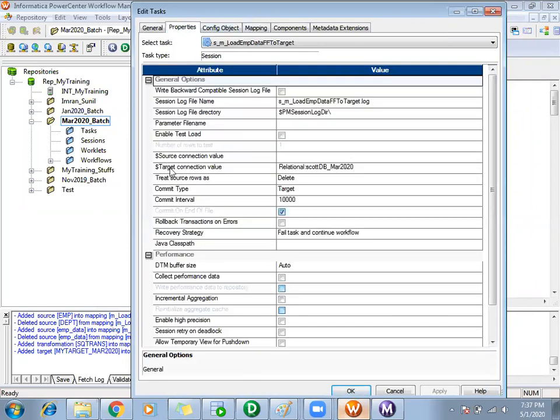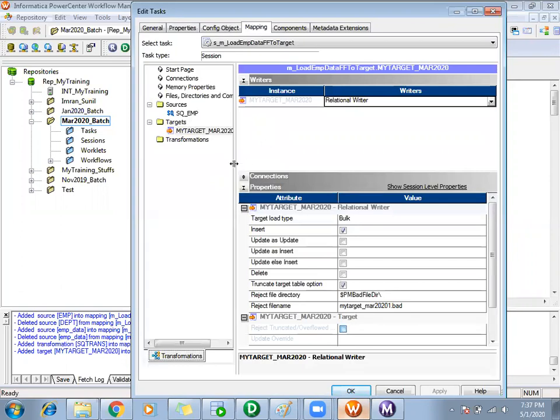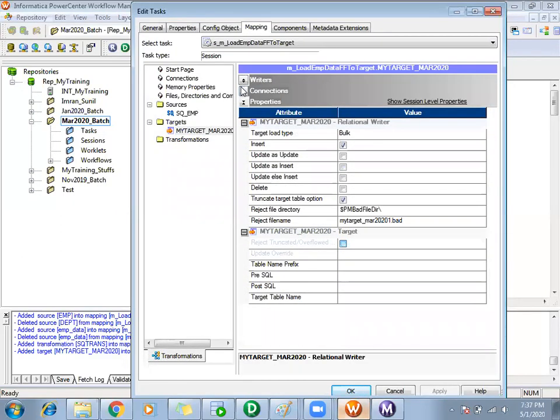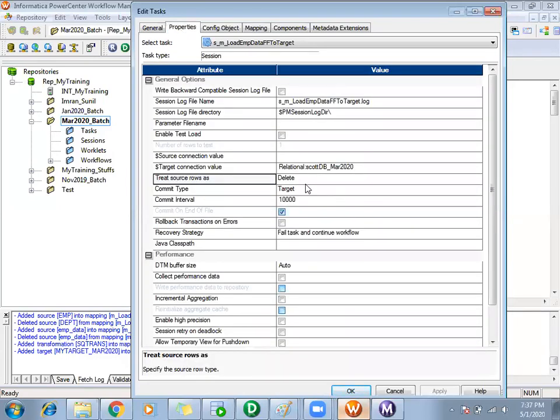Whatever you set here in the properties section, treat source rows as, is for the source. Whatever incoming rows are coming, I am setting either for insert, delete, anything. In the target level, for each target, I have to set it again here. I have told insert in my target, but in my source I had told delete. So they are not matching.